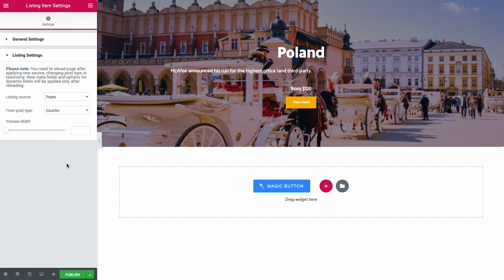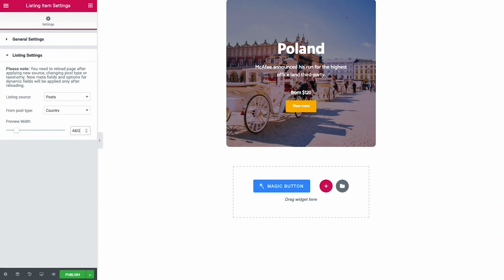If I go here to listing settings, you know that before we've used a 200 pixel preview because we've used them for a 5-column grid. Now we will use it in a 2-column grid. So the preview width will be somewhere in the neighborhood of 460 pixels. So this is how this card looks like with the excerpt in the middle. I think it looks great and I can go ahead and publish this. Great, so the listing is live